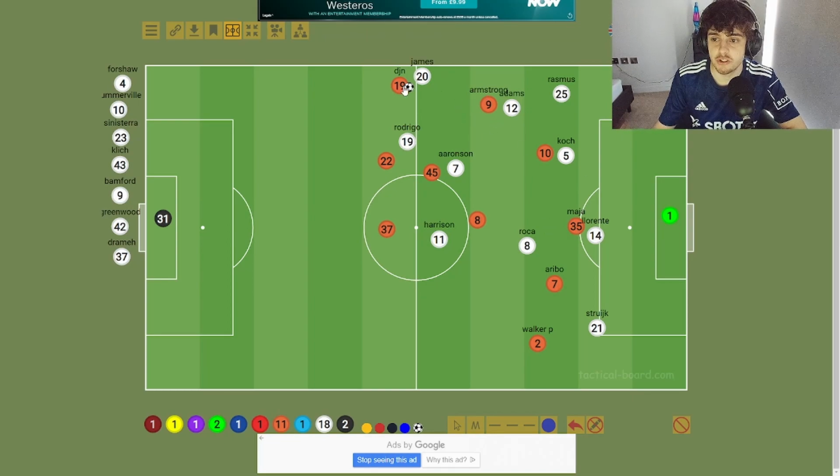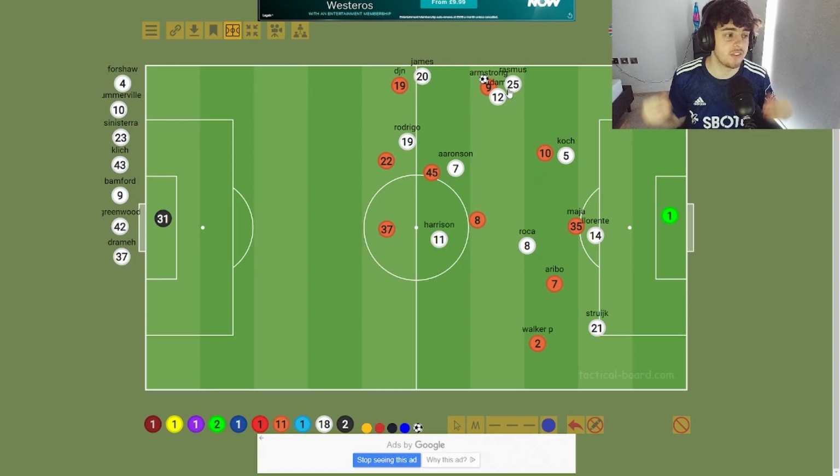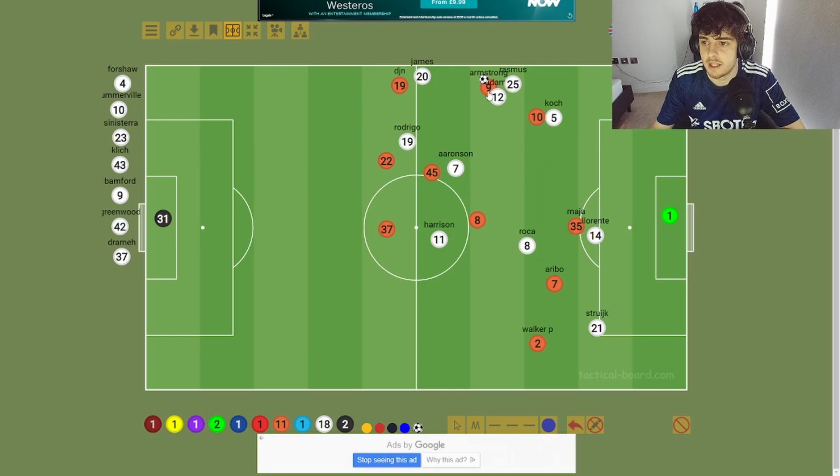So what happens is this. Gineppo gives the ball in here to Armstrong. Right, fine. How's the press? So Adams is jockeying him. Rasmus tucks up on him, which is what you want. This is what our system is. That's fine. That's a 2v1. That's good. The problem is this. He manages to keep the ball out here, plays a little pass, straight through them both. Straight through there. He's quicker than them two. Much quicker. Armstrong is extremely fast. Cocky's so tight on him. There's the issue. Ball in there.